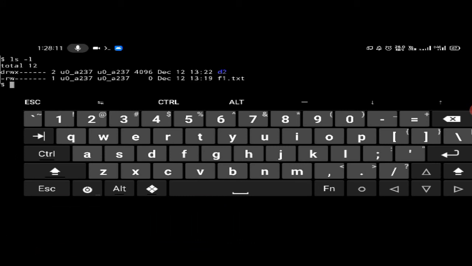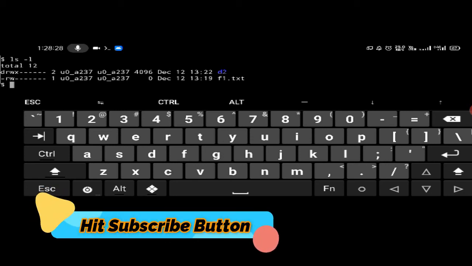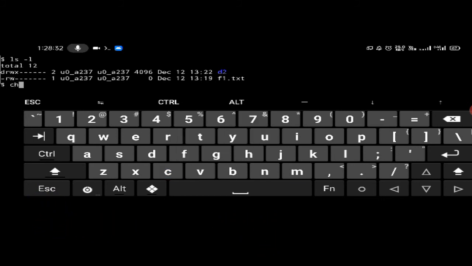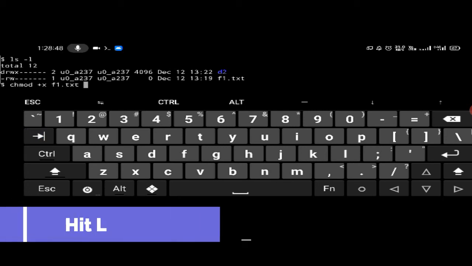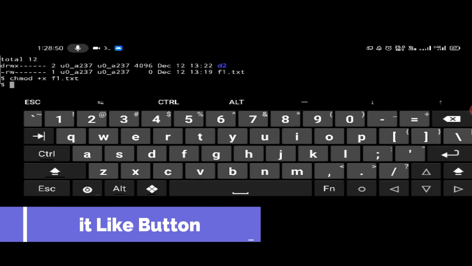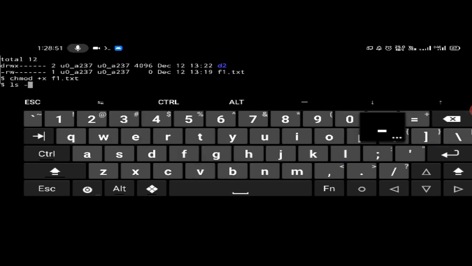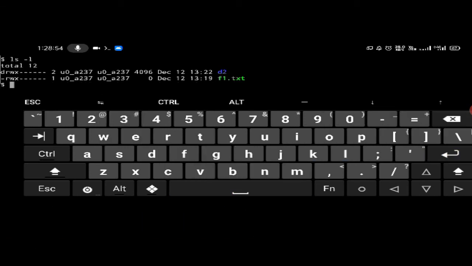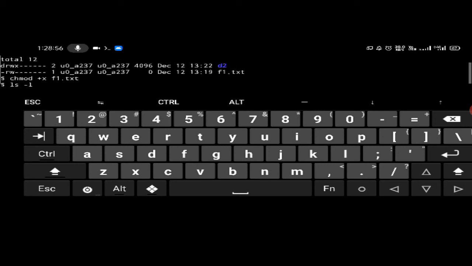As you can see, the d2 directory is given read, write, execute, and f1.txt is read and write, so there is no executable permission. So we can use a command called chmod +x and the file name f1.txt. This command will give the executable permission for f1.txt. Just press enter. Again press ls -l and, as you can see, the color is changed.